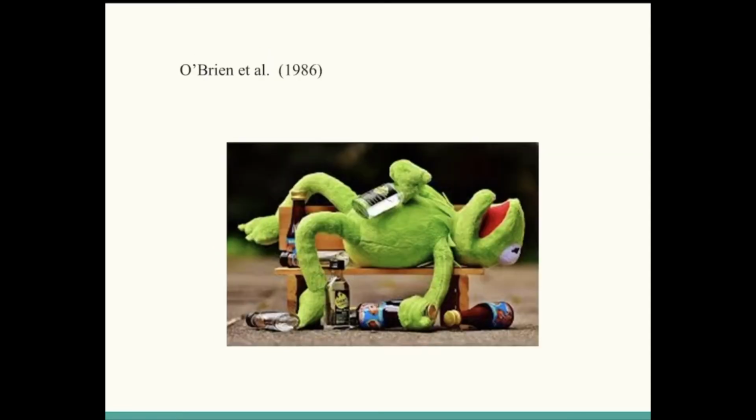According to O'Brien et al. 1986, conditioning plays a major role in addiction, and responses to drug-associated cues persist during prolonged abstinence. Understanding and preventing relapse to drug use is one of the most difficult challenges. The main issue is the struggle in helping people remain abstinent. It is very common for people that are recovering from addiction to have at least one or more relapses following treatment.